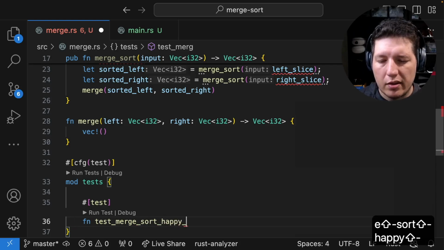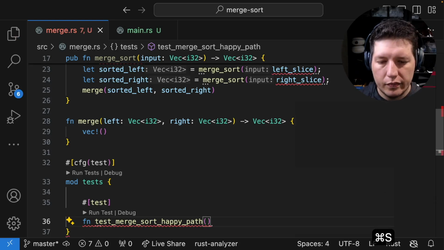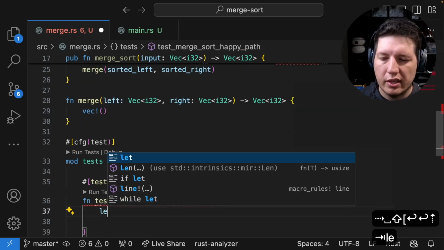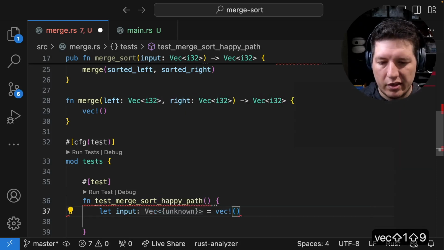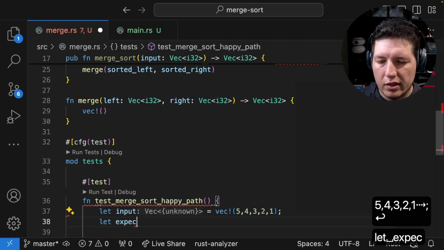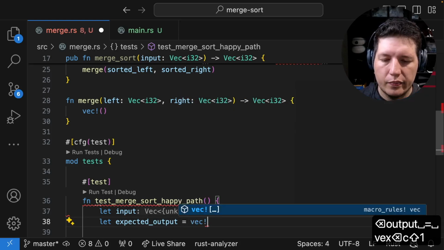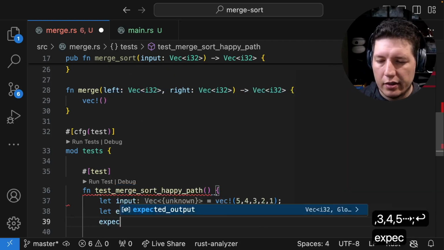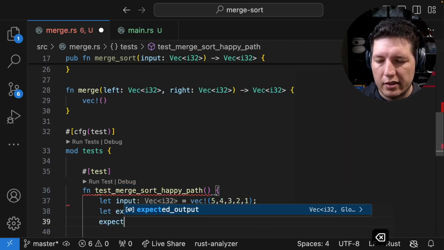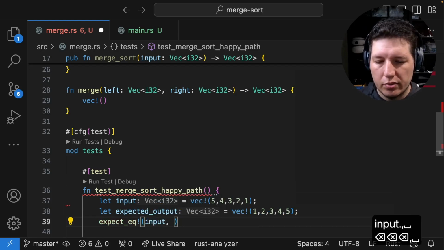sort happy path. So I always recommend that you create a happy path function where you just test the simplest scenario. So in this case, the simplest is to say, okay, if I have an array which is 5 4 3 2 1, I want an expected output of 1 2 3 4 5, and then I'm going to use the expect equal function to compare